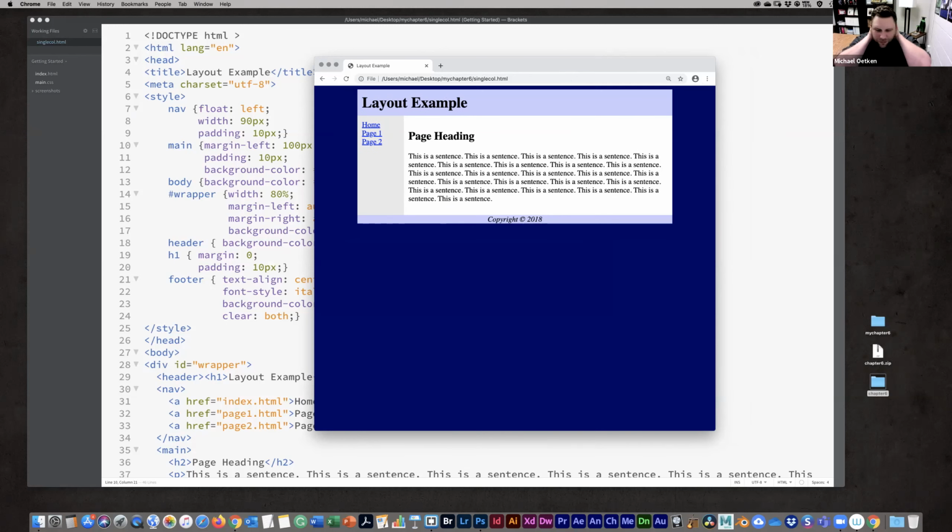So you can see here, we're starting to get that kind of look of a structured website, right? We have our different areas within the page that are kind of distinguished, right? We have our header, we have our nav, we have our main content, and then we have the footer, all right? So we're just doing this all through the way that we're structuring that CSS, okay?